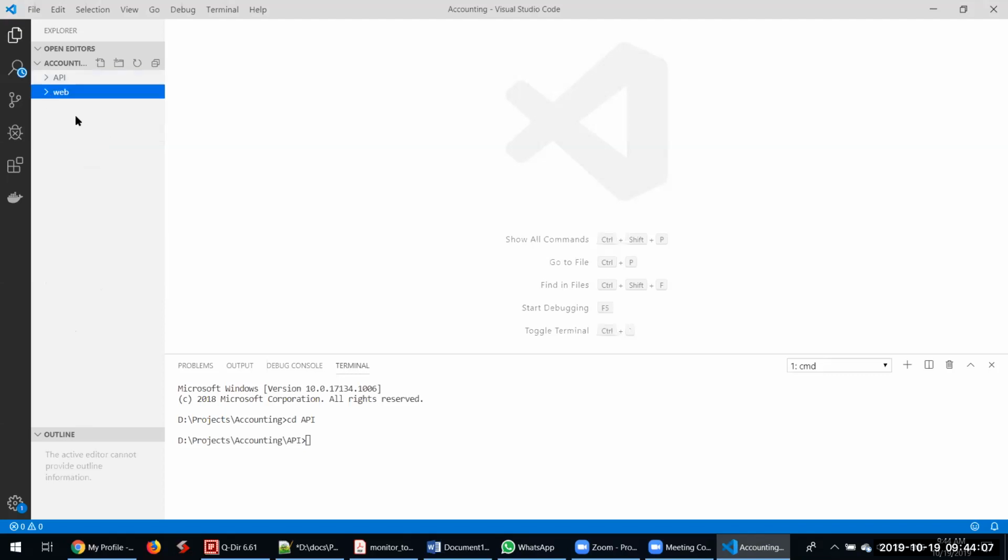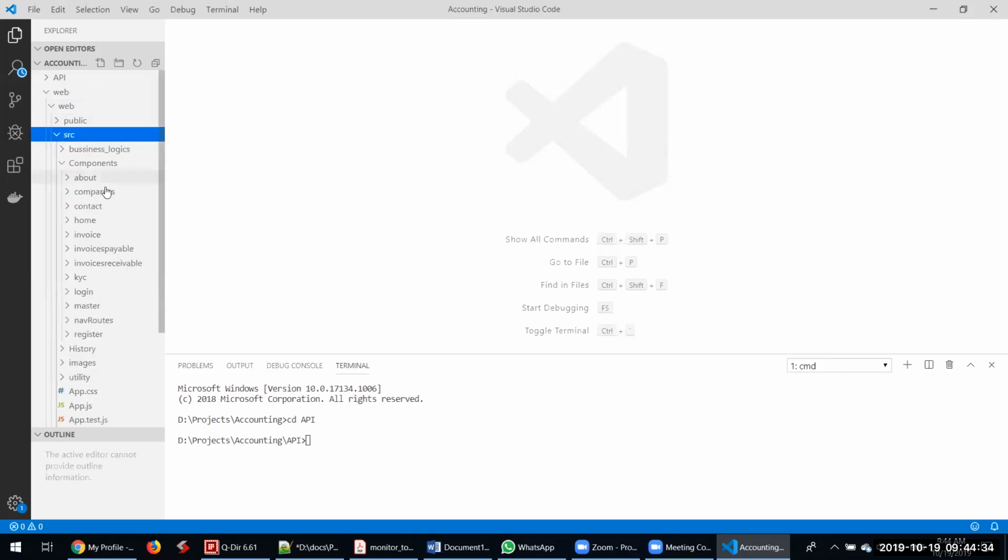So basically, we have a web application which is built on ReactJs, and there are two parts. One is the API part, which is built on NodeJs, and there is another part called web, which is built on ReactJs. So this is front end and this is backend. If we go to our web application, so web, and then SRC, this is the source folder,